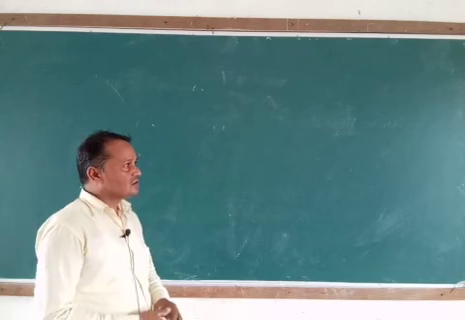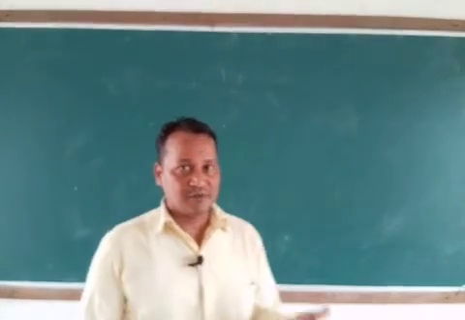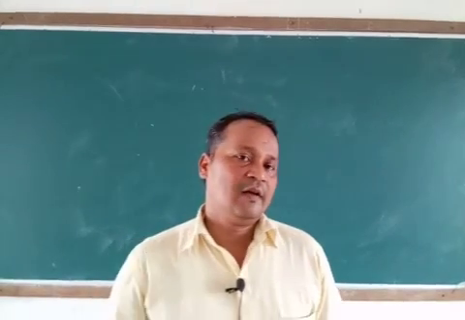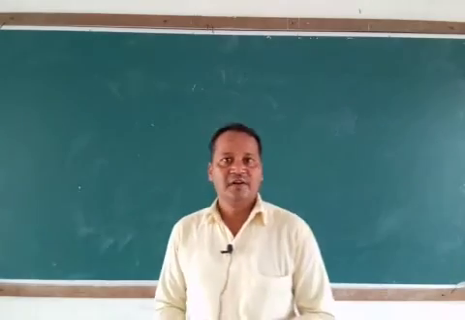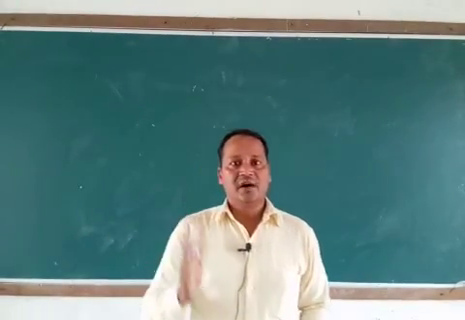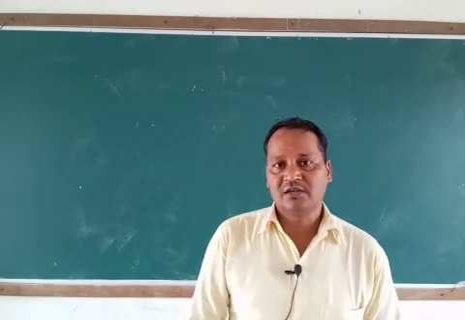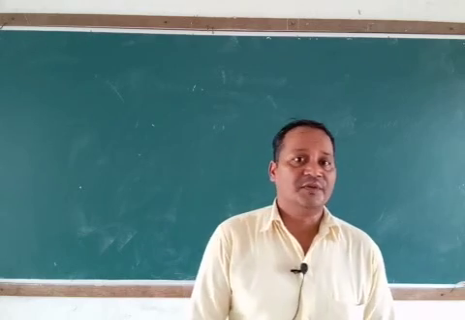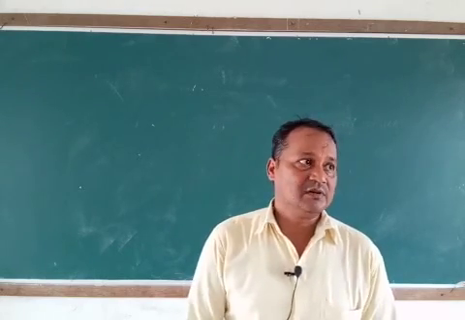So the structure of this sentence, meaning how we form present perfect tense, is very simple. First you have to use the subject, then has or have, then the verb in past participle form. What is past participle form? In general we say that the third form of the verb is called the past participle form.